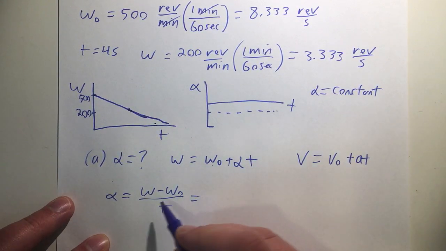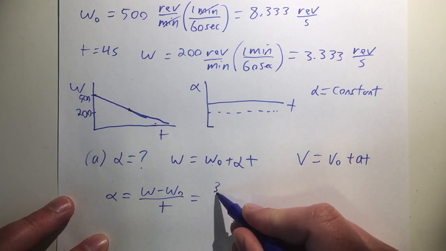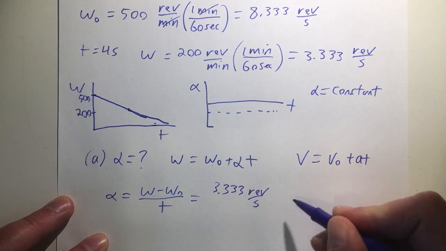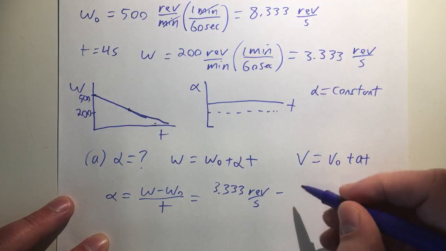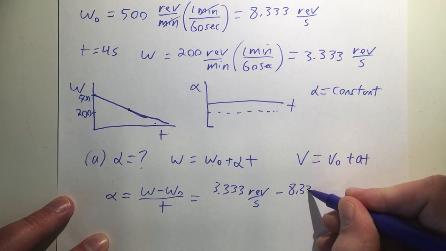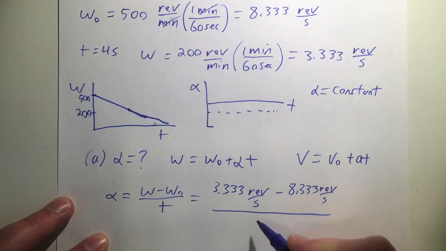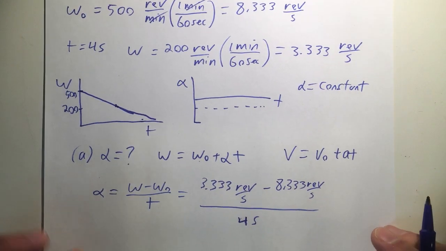And I can just plug in. My final angular velocity is 3.333 revolutions per second. My initial angular velocity was 8.333 revolutions per second. And I have to divide that by 4 seconds. Okay, and when I do that,